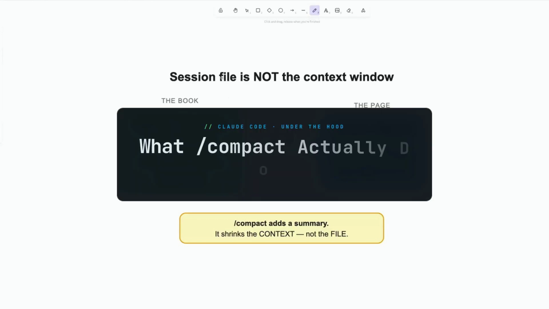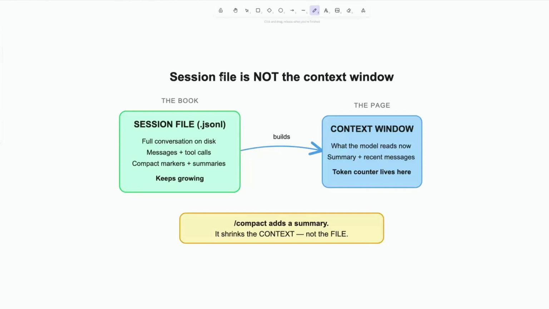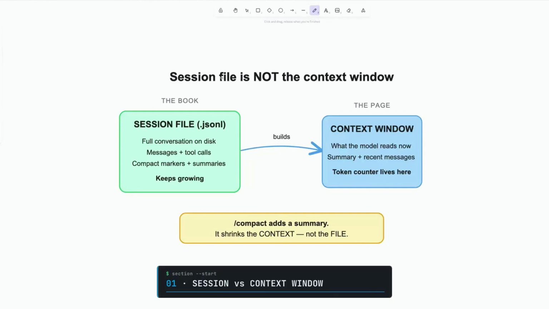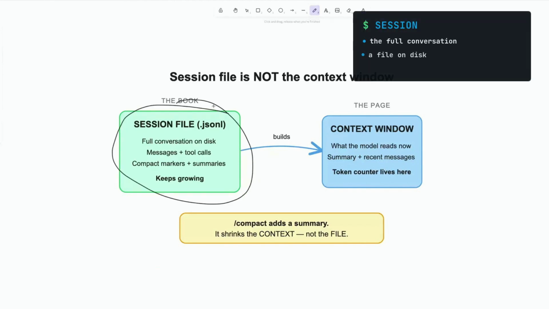So let's look firstly at the difference between session and context window, because people can confuse these two entities a little bit. The session file is the full conversation which you have now in your terminal. You continue messages, tool calls, compact markers, summary there, and it keeps growing always.